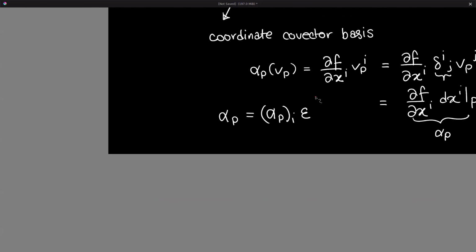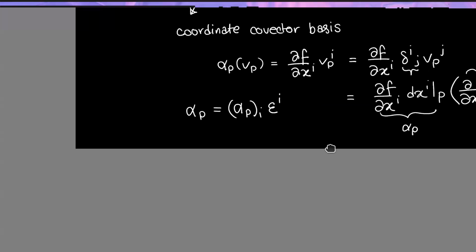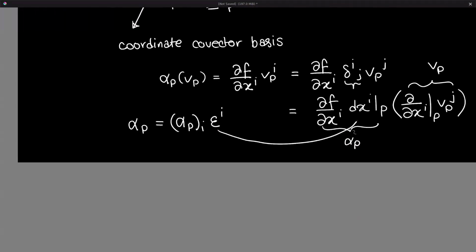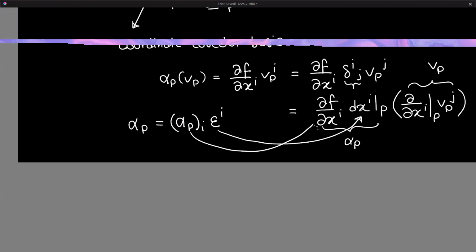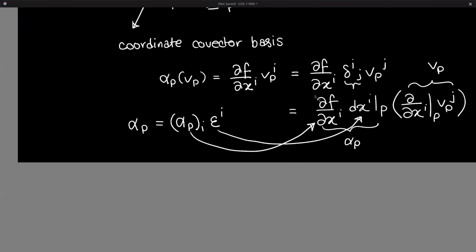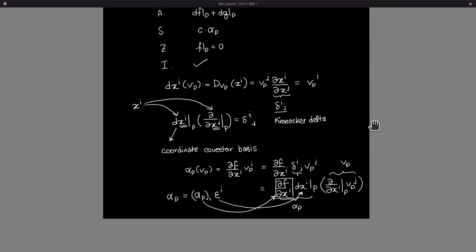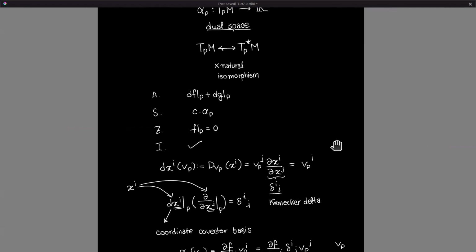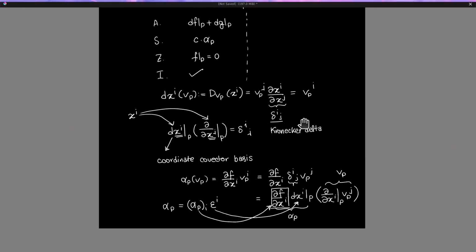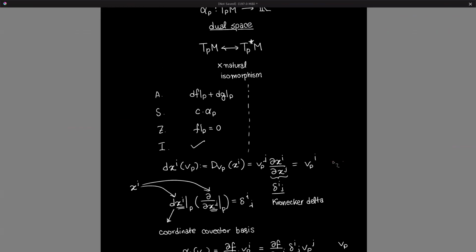I'm going to use Greek letters for the covectors. So instead of E, we have epsilon here. So then epsilon is this and alpha i is this. So this is the covector coefficient. Okay, so this is how you decompose it. And we have one last thing. I'm not going to go to the next page because we have just one thing left to talk about, and then we're done, which is that in general, I don't think we prove it over here, but